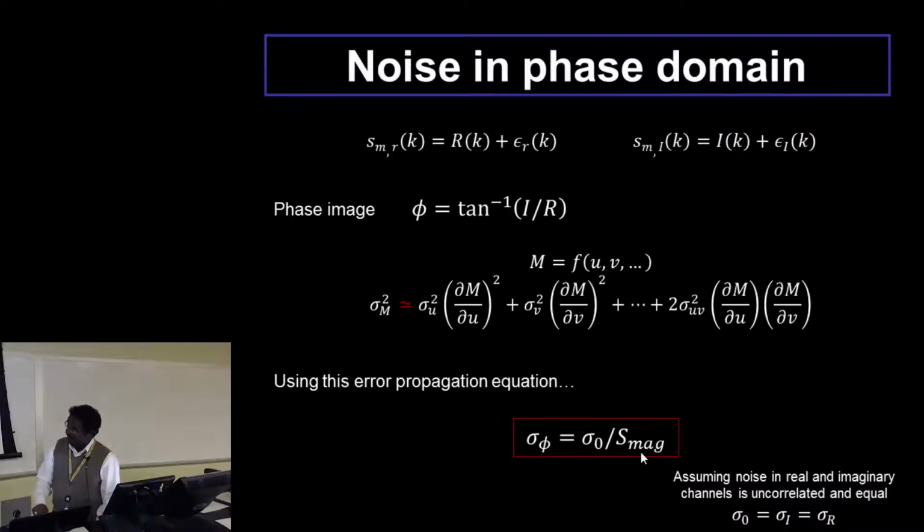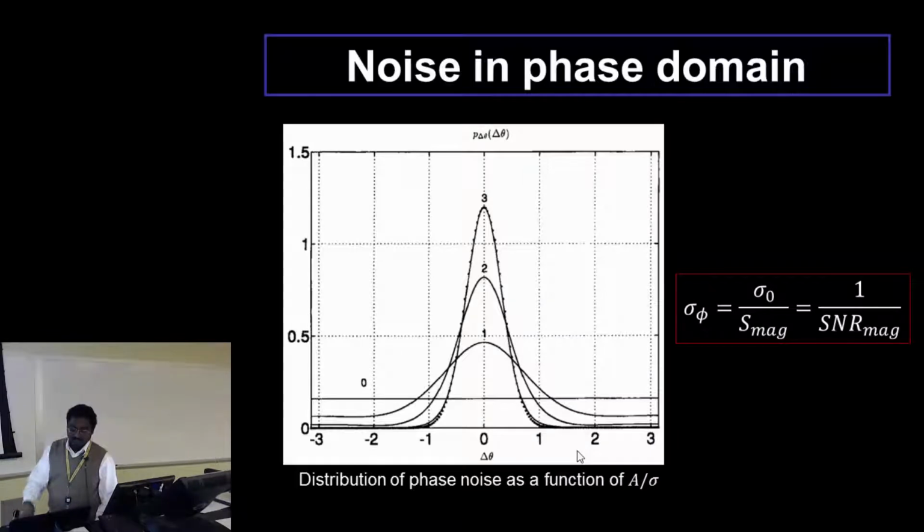And again, this is true in general for good signal to noise ratio cases. Now imagine that S magnitude is 0, then obviously this relationship goes to infinity, which doesn't stand. So like I said, this is only true for finite signal to noise ratios. And in fact, if you go back to the Rician distribution and follow through that and look at what happens in